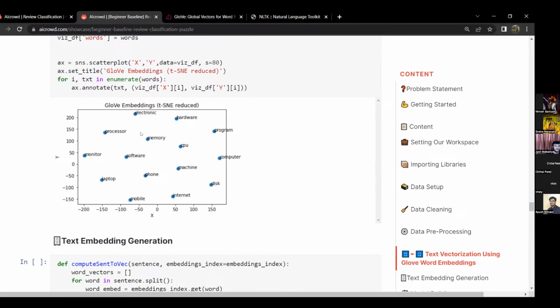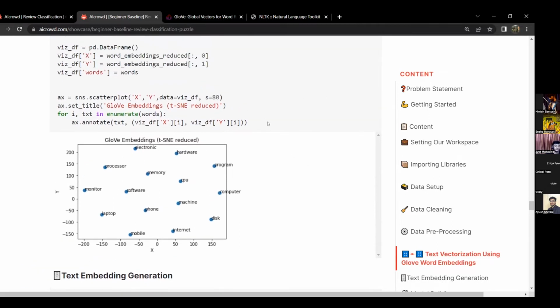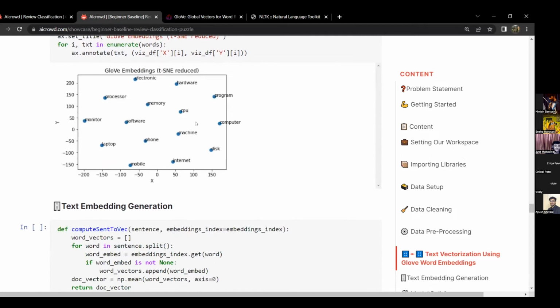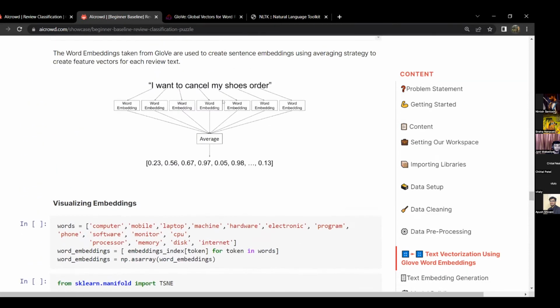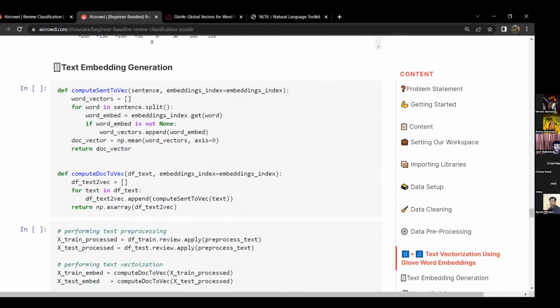So we can see that those are clustered together compared to any other words which are not from this computer science related thing. So let's move on to the next part, which is the text embedding generator. Now, since we already have a method to extract sentence embeddings from text, we will apply this function, which basically uses